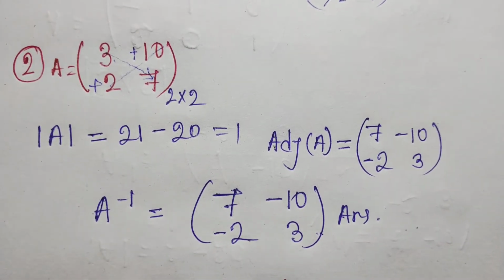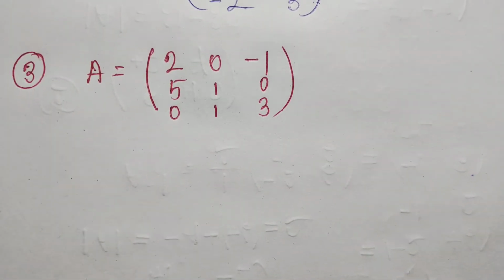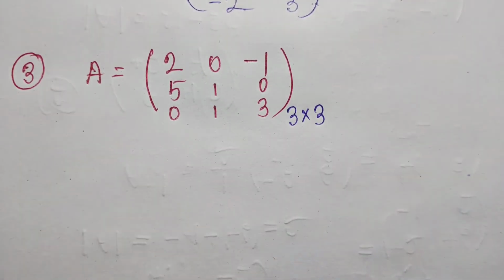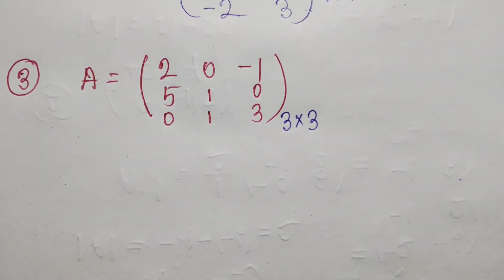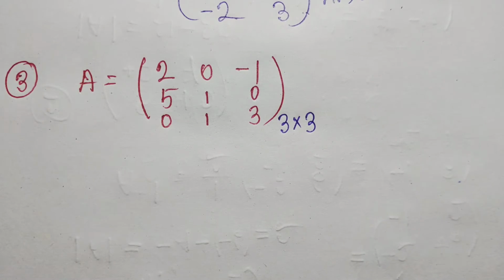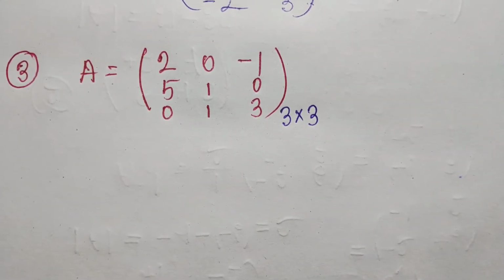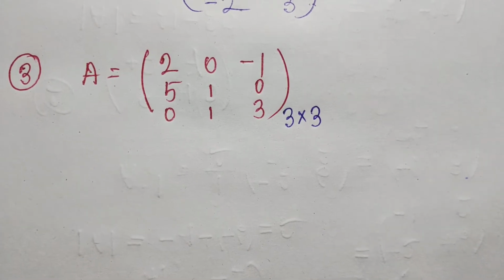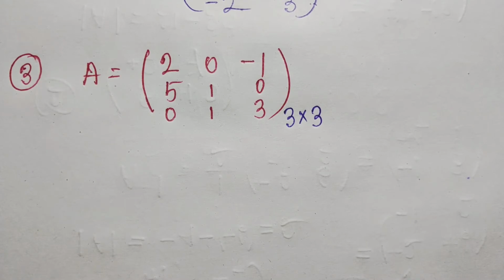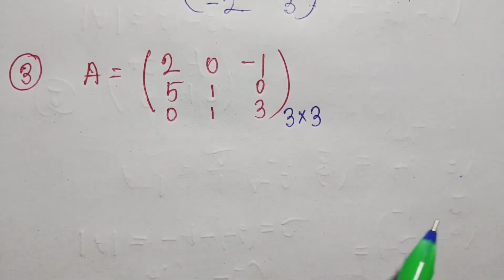Understood everyone? Now the most important task, and this is the main part of this video, finding the inverse of a 3 cross 3 ordered matrix, and it's a very serious task. You have already done many methods like finding the cofactor, using elementary row operations, using elementary column operations, etc. And this is a very lengthy process. Now I will show the easy tricky process. Using this process you can find the inverse of any 3 cross 3 matrix within just 30 seconds.